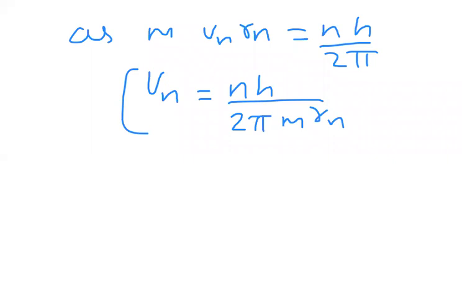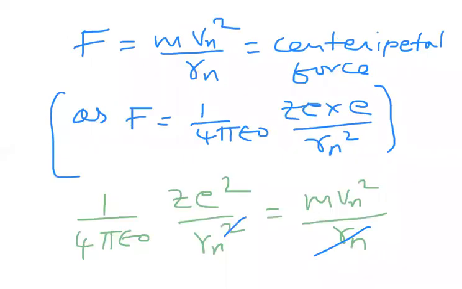So why have you taken this Vn formula, sir? What is the purpose of taking this Vn formula? In the previous page, what I explained to you, this is the formula I had at last. There I want to eliminate speed, and I want to get an expression for radius.